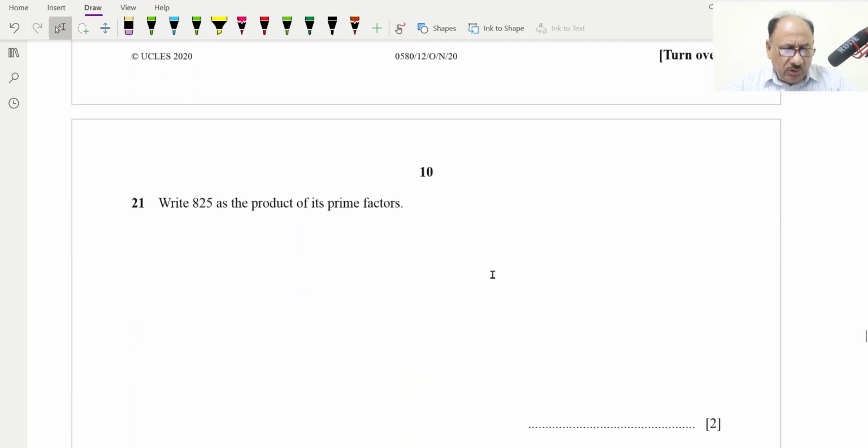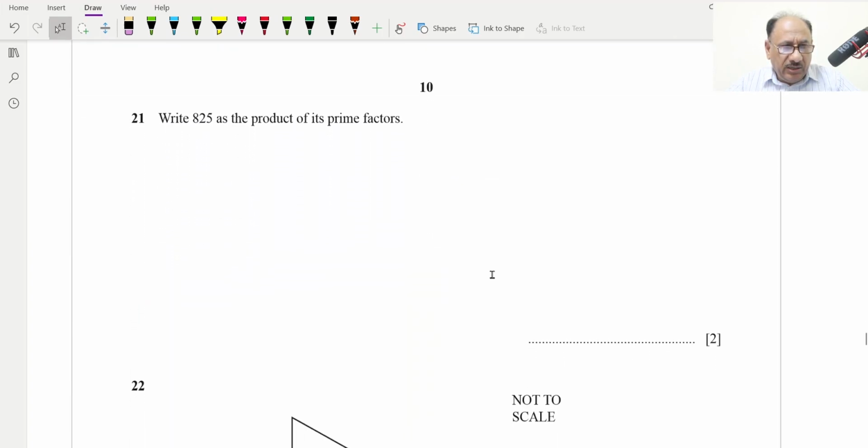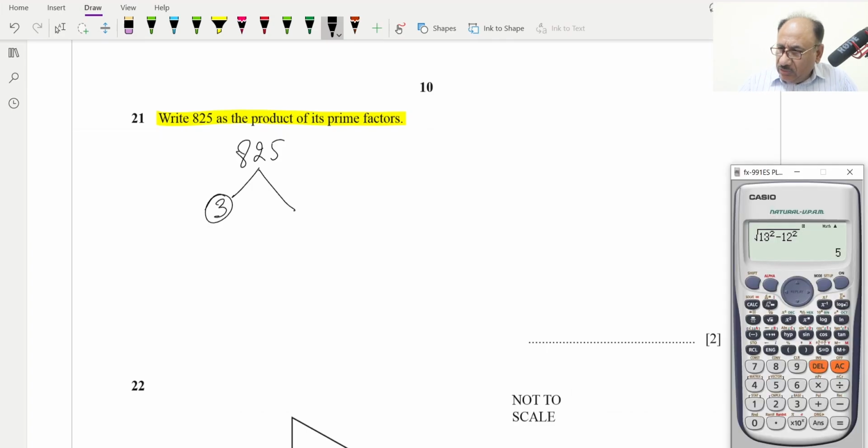Now question number 21. Write 825 as product of its prime factors. So we'll have to write it down into prime factors. So 825, first prime factor, we can divide this by 3. So we can use calculator. 825 divided by 3 is equal to